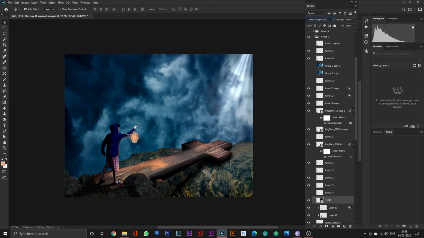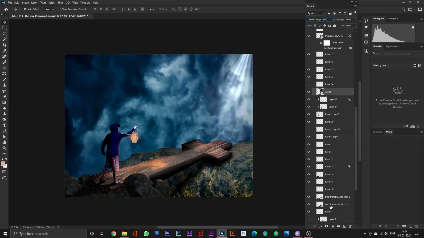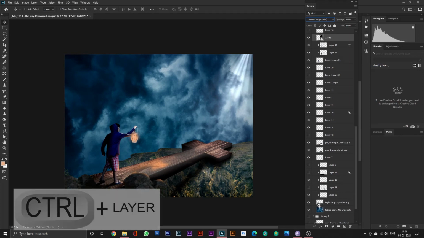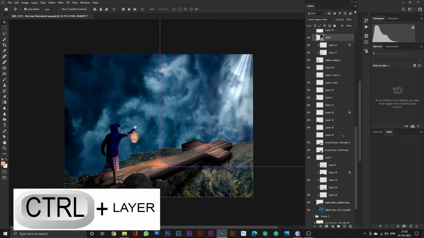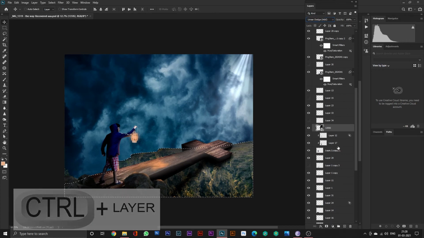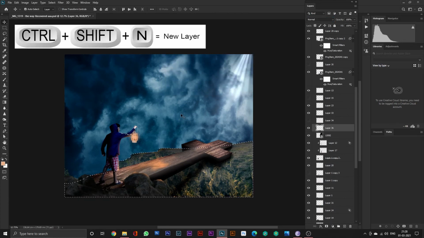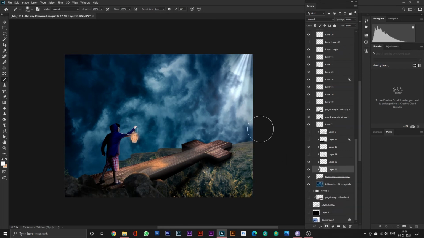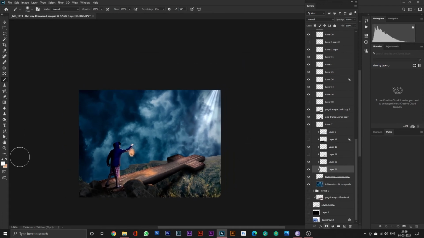Most importantly, there is a very important tool you have to learn that is called the eyedropper tool. You have to select the lighting from where you get it, and then you can use it as a color tone on your brush. And always remember to use Ctrl T, that's the transformation tool. It will help you to set your object in perfect proportion.